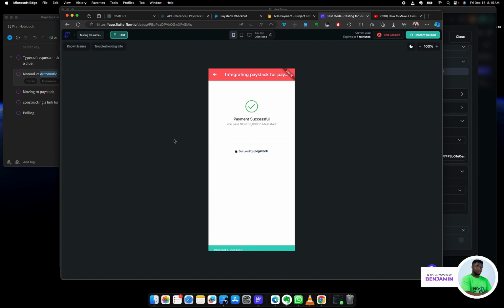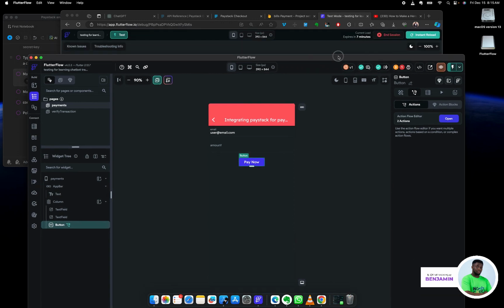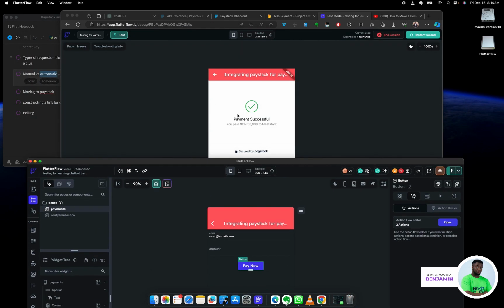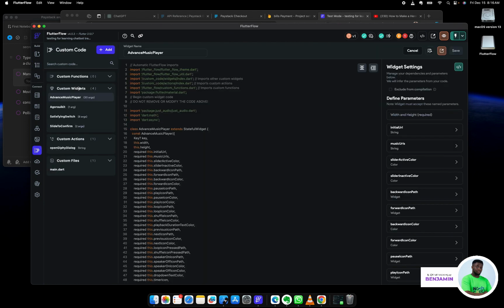Now let's go over to FlutterFlow, and let's ask ourselves a question: how can we integrate this same logic in FlutterFlow in a way that we're not going to have to do that again and again, or calculate manually by ourselves? It's very simple. One of the simplest methods would be to come over to something called custom functions, which